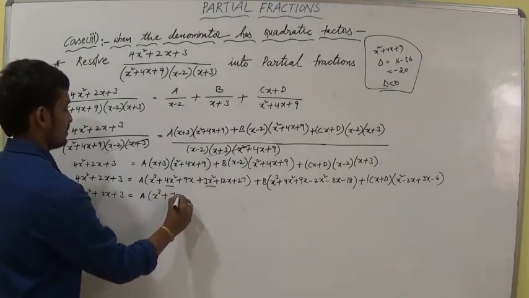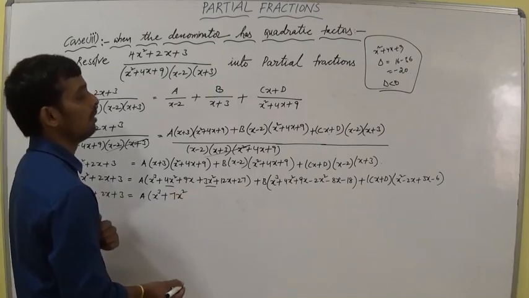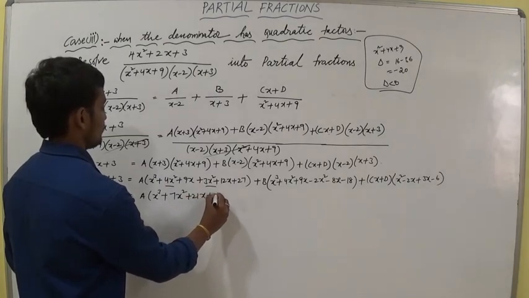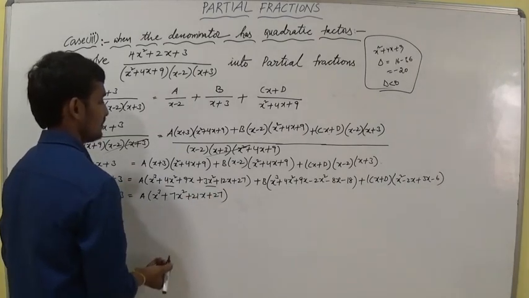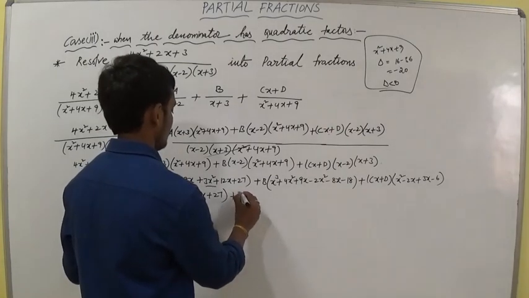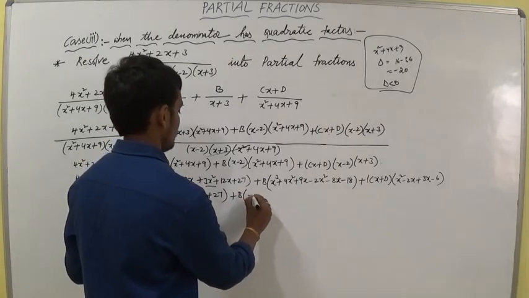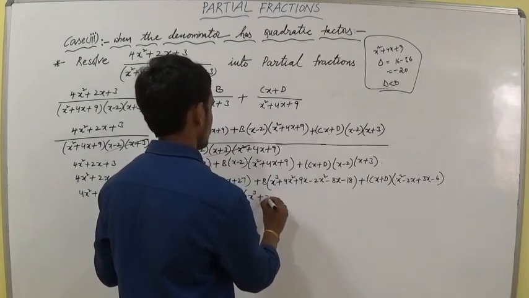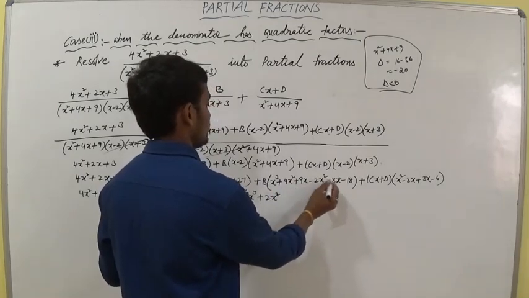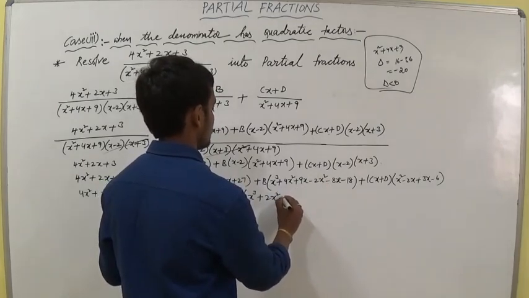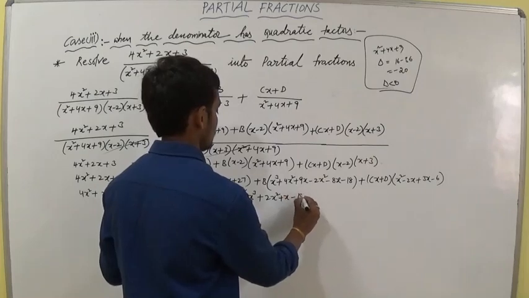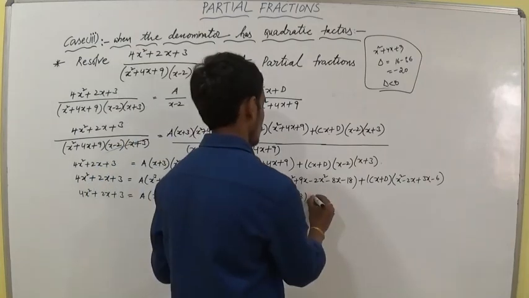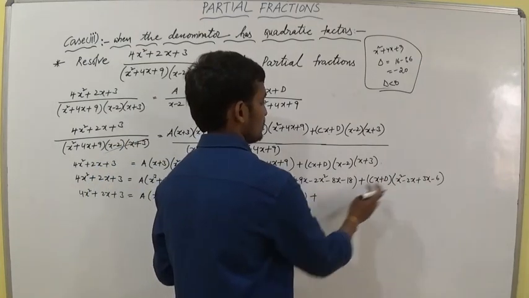3x square is 7x square. 9x plus 12x is 21x plus 27, plus B into x cube plus 4x square minus 2x square is 2x square. 9x minus 8x is equal to plus x, minus 18. Now we have to multiply here Cx into x square,